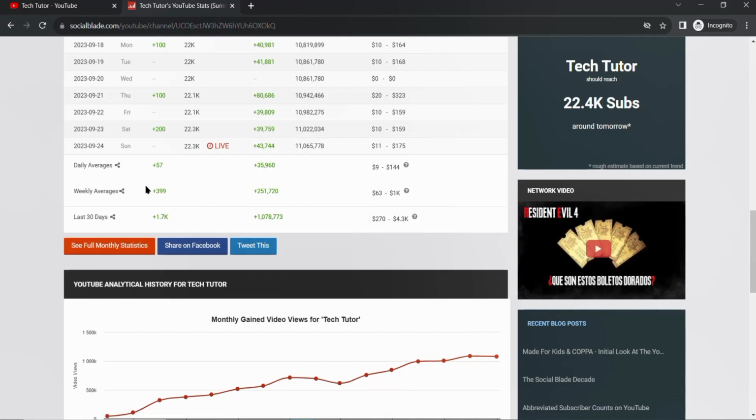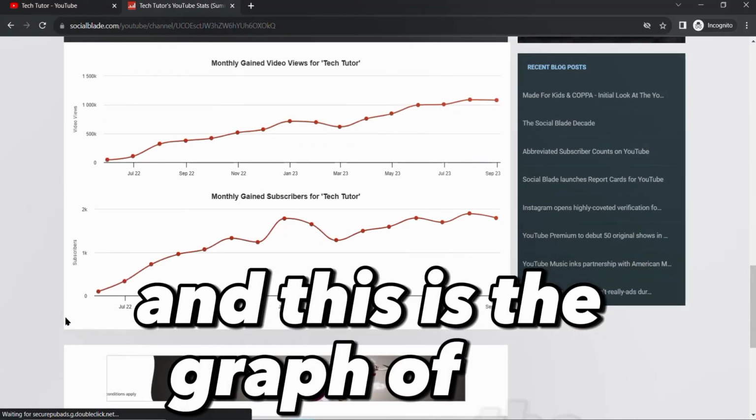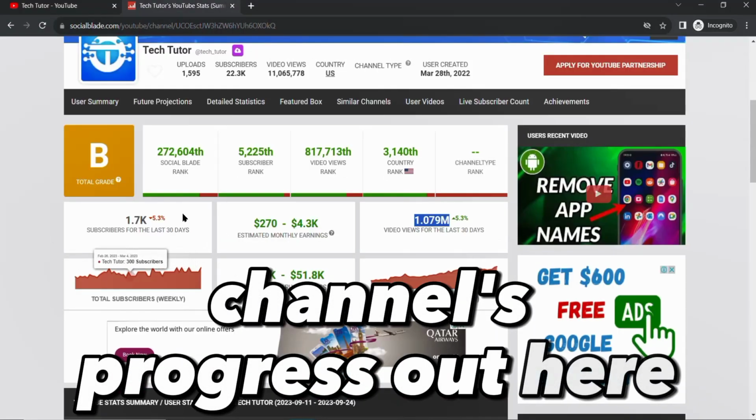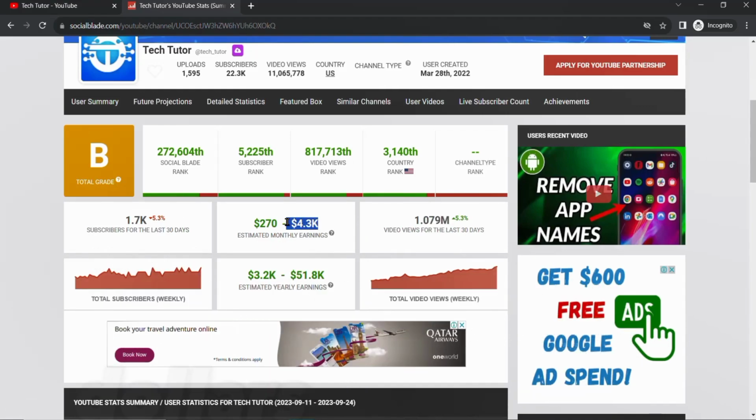This channel has gained 1.7k subscribers in the last 30 days. And how many views is this channel getting? This channel has gained 1.7 million views in the last 30 days. This is the graph of the channel's progress, and this channel has made $4,000 in a month. It's not exact numbers, but these views and subscribers are the exact numbers,